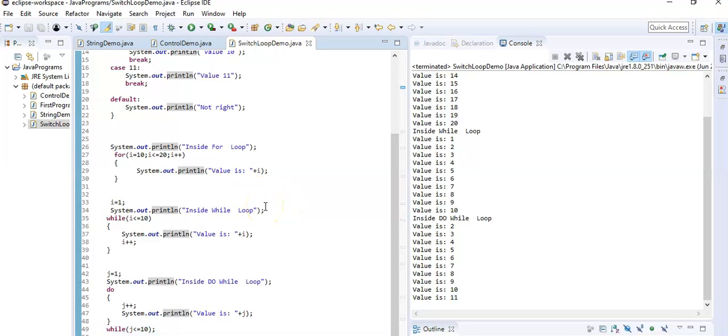Now, the output of for loop and while loop remains the same, the iteration is by 1. But here, after 10 the value gets incremented and it displays the value, and then it checks for the condition. When the condition becomes false, it gets out of the loop. So, you get the output value is 11 in the do while loop. Okay. Now, next we will